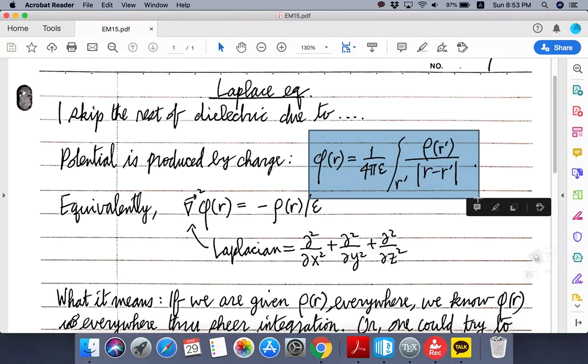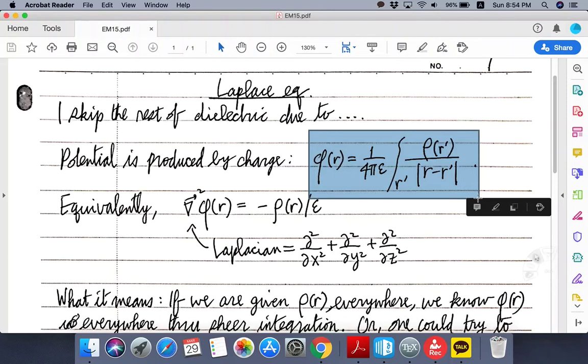However, the challenging part is the actual computation of this integral. We know that usually these integrals are impossible to perform, and therefore we're not able to get the analytical expression or even numerical expression for the potential in a reliable fashion. So we need to develop some specialized techniques to solve this problem